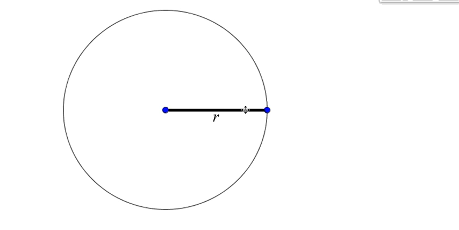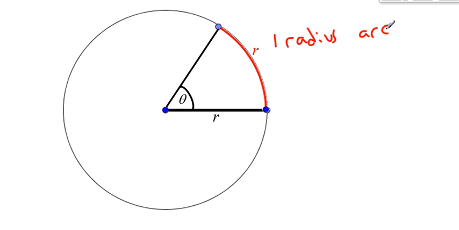What they did was they took this radius, measured it perfectly, and then traced the exact same distance along the circumference of the circle. So there it is there. This red line is exactly the same length as this black line. So this radius is the same length as this arc length. And no matter what circle you're looking at, anytime you do that, you're going to be creating an angle by that arc. And when that arc is exactly 1 radius in length, then the angle that it subtends is defined now as 1 radian